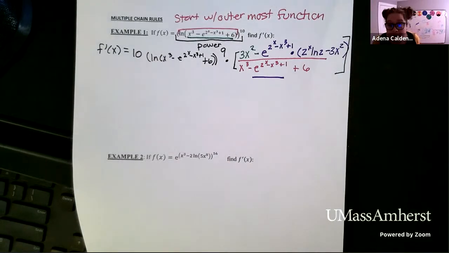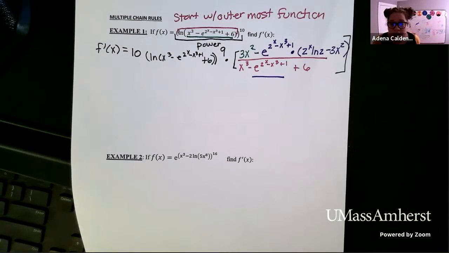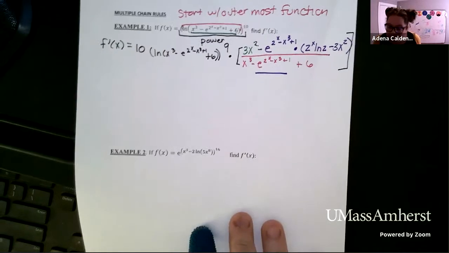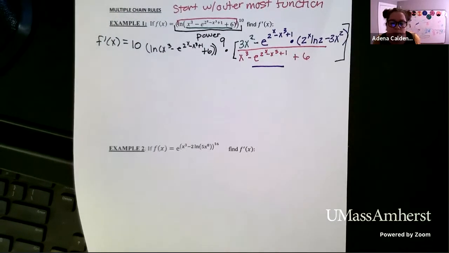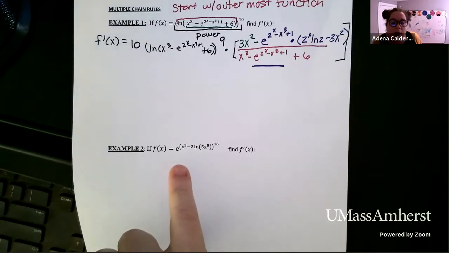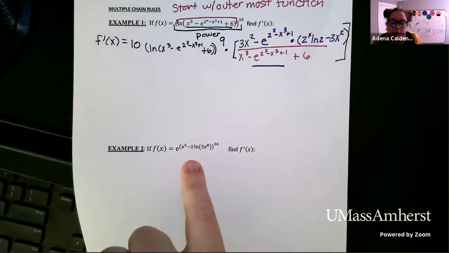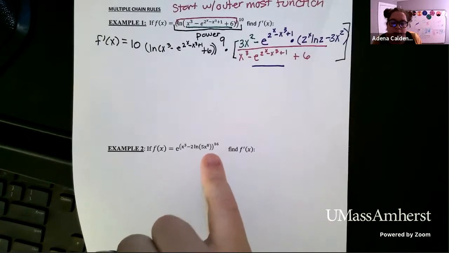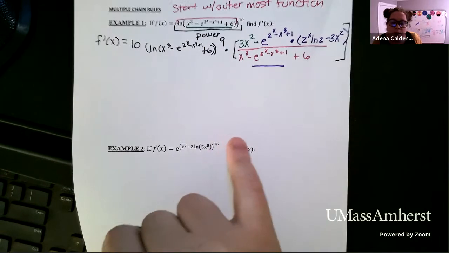So we're just gonna practice these to get good at them. It takes a while, it takes some practice. So I'm gonna have you try number 2. Hopefully you can see this. It's e raised to the power of x cubed minus 2 ln 5x to the 8th, all to the 16th